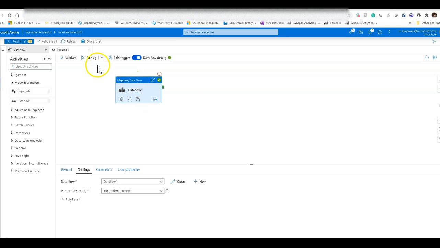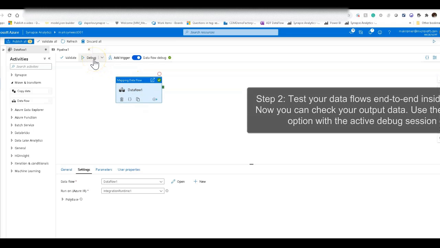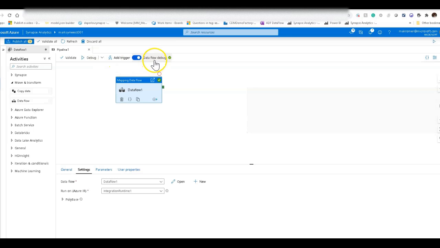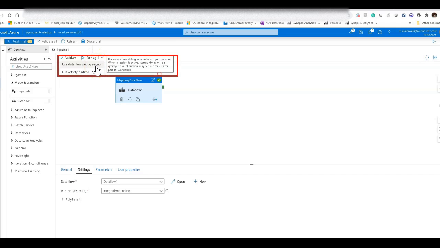So when I debug this, let's go ahead and do that. When I click debug, I can click this button and just go ahead and use the current debug as it is. It's going to use this already warmed up cluster, which will run and start almost immediately. We've added a drop down gesture now next to that debug button, that'll give you two options now. So you can do the default, which is use that debug session cluster, or you can use the activity runtime that you've defined here down below.